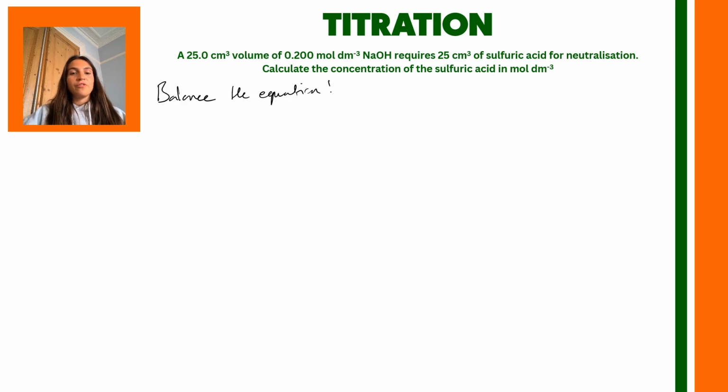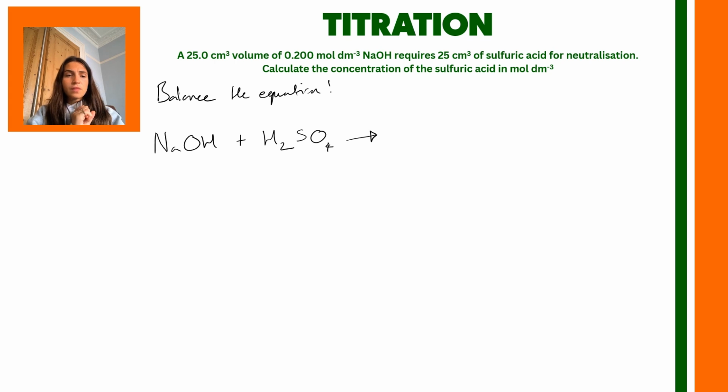So first off, let's get our equation up here. So we've got sodium hydroxide plus sulfuric acid. What's that going to give us? Well, we have got an acid and a base, so we've got BOWS as our mnemonic. Base and acid gives us water and salt. And the salt that you're going to get is sodium